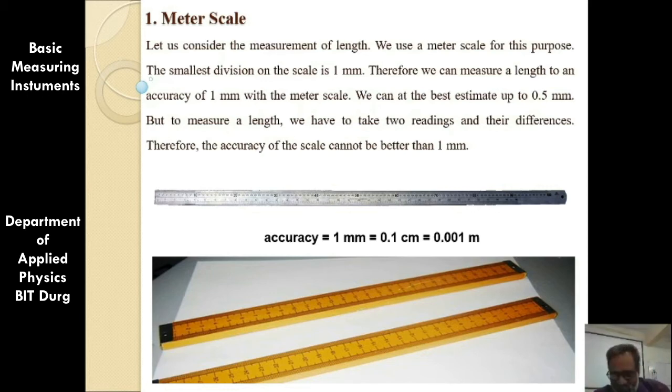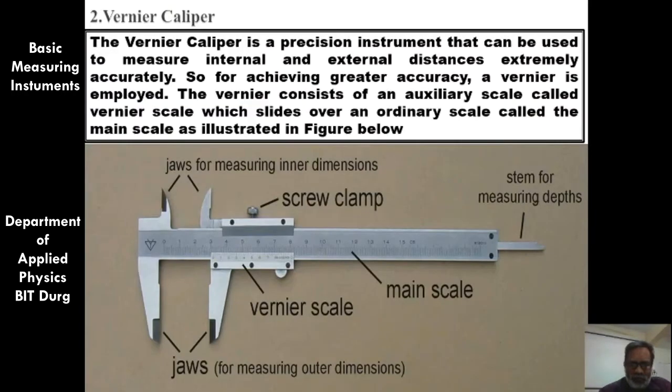So here in this class we are going to discuss basically the measuring instruments which are designed to measure the length of the object. So as I told you that we need the instrument which has more accuracy or smaller least count. That's why we shift to another instrument for the measurement of the length, and that is known as the vernier calipers. You can see this is the vernier calipers.